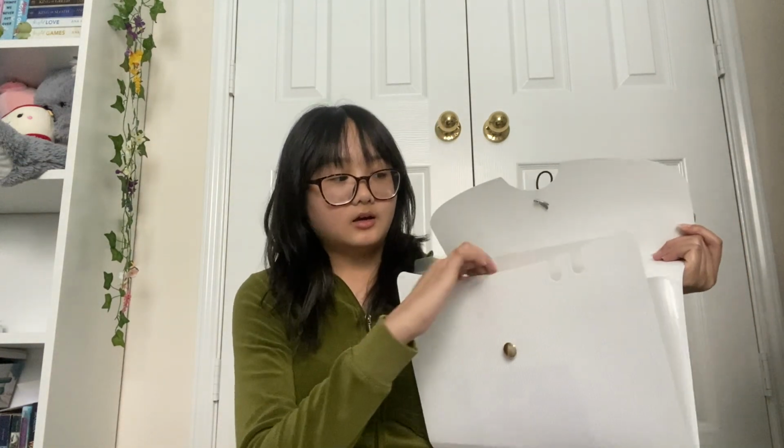And let's say I accidentally, I don't know, I'm supposed to put a class in the second space, y'all can't see that, but I accidentally put it in the third. I can literally, next class period, just switch it out that quick. I don't have to pull out 2 folders and switch it out and then put both of them back. No, this is